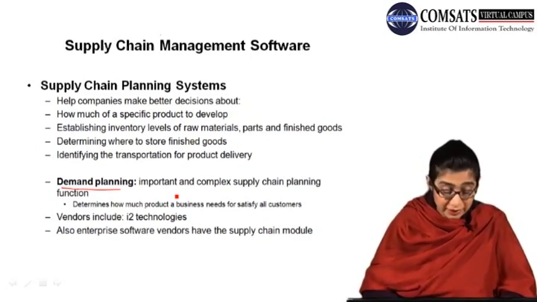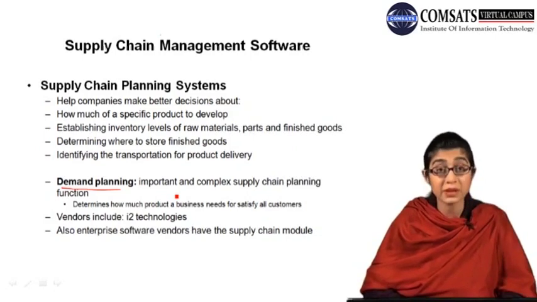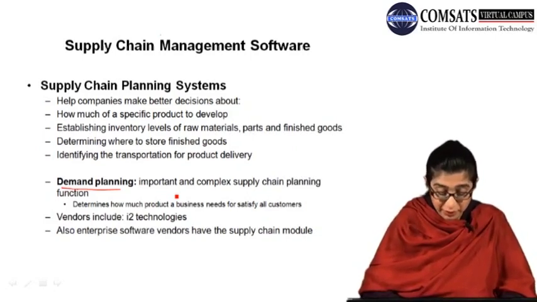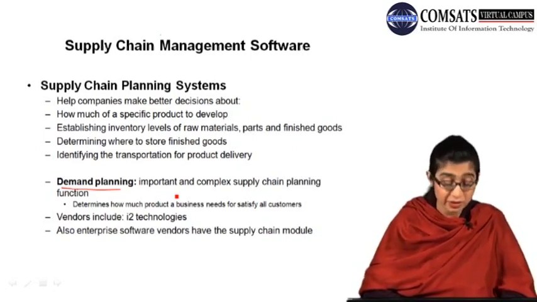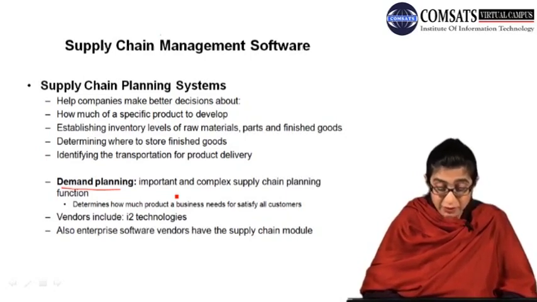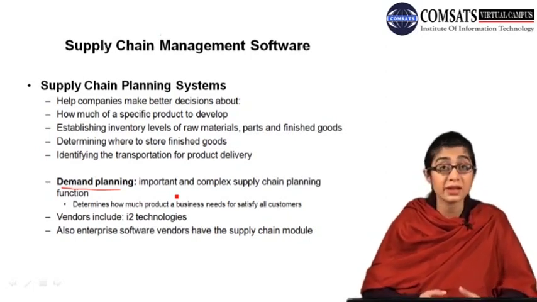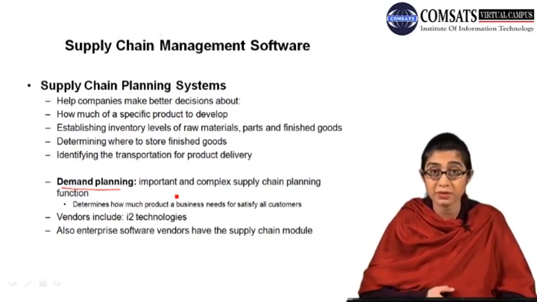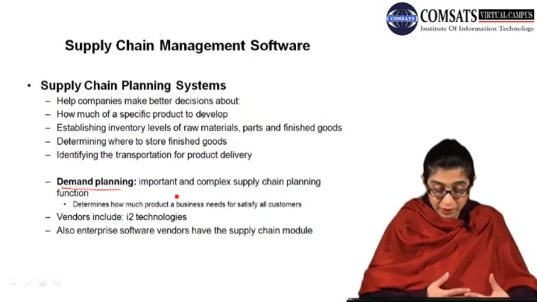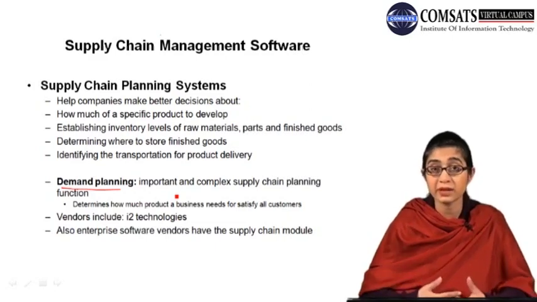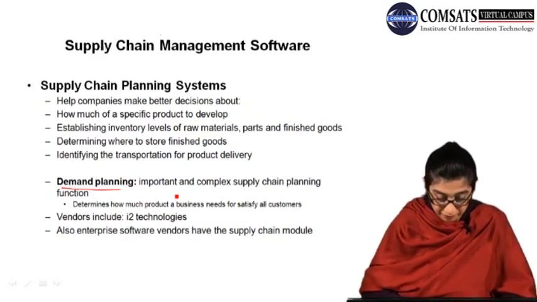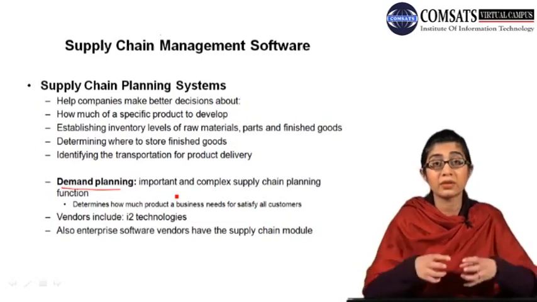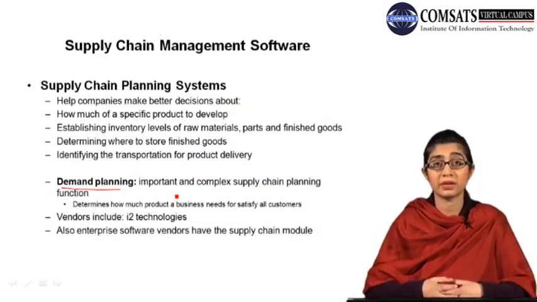So what can happen is that additional raw material or a different mix of raw material may be needed, and the transportation carrier also has to reschedule deliveries. Besides that, supply chain planning software makes the necessary adjustments to production and distribution plans. So adjustments happen not only in production, but in distribution plans as well, so that the work throughout the supply chain can be coordinated.